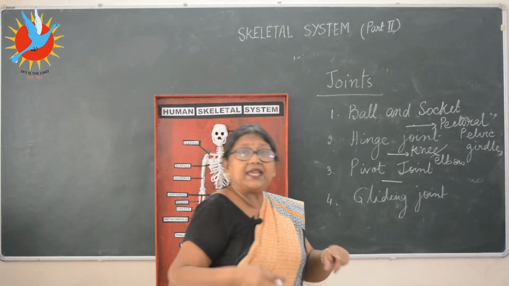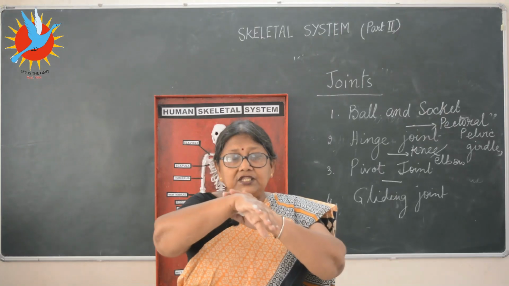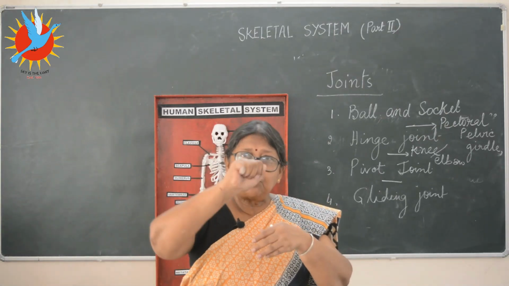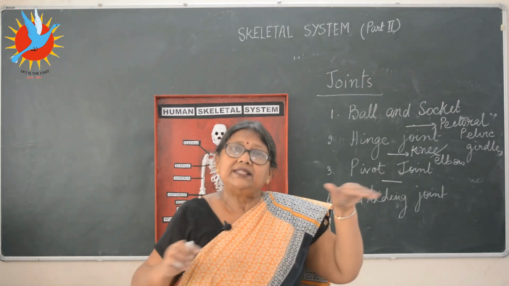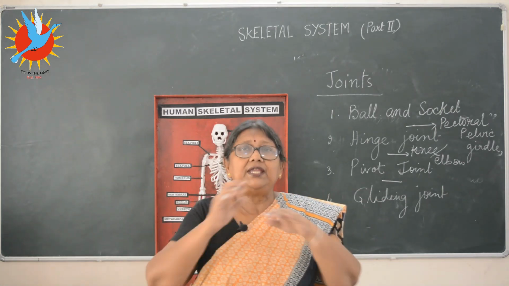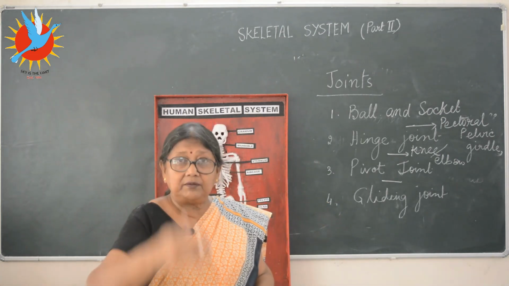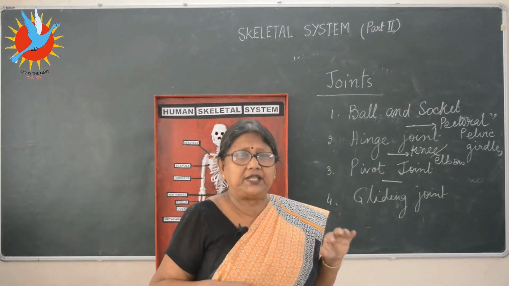And gliding is the ankle and the wrist. Like I'm moving my ankle, the small bones are gliding over each other. They will not break. So there are small bones, when I'm turning it like that, or even you're turning your ankle also like that, they glide over each other. That's called the gliding joint. When I send your theory part, I'll give you the diagram in that, you can see it properly there.